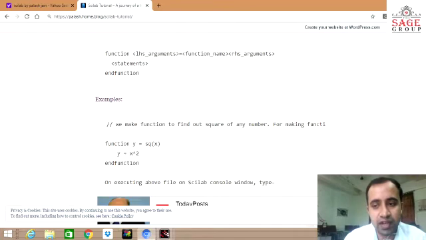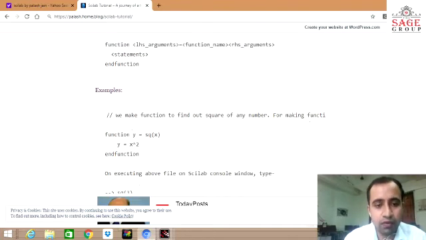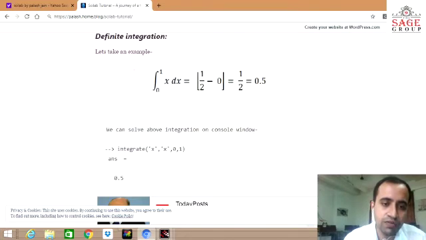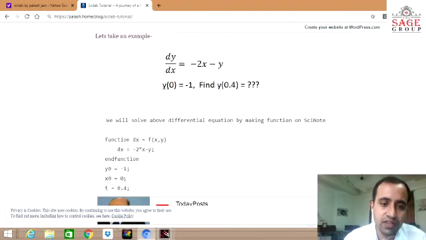When we run this program, we have made our own function with the name sq(x). Now on the console window, if we type sq and in brackets any number, we will get the square of the number which you have written inside the brackets. So sq is a function which we have made ourselves. In Scilab there are many functions which are inbuilt in its toolbox and in its library. So this is the role of a function. Today we will see how to solve the first order differential equation using Scilab.